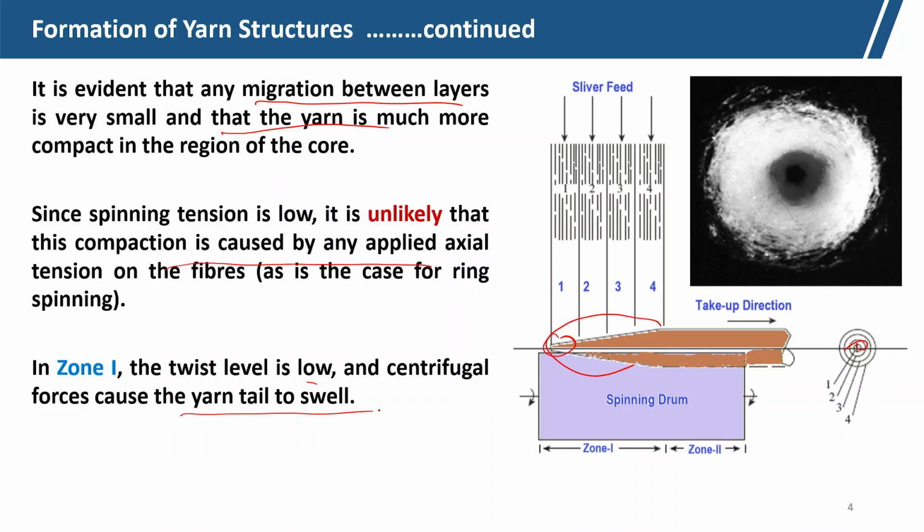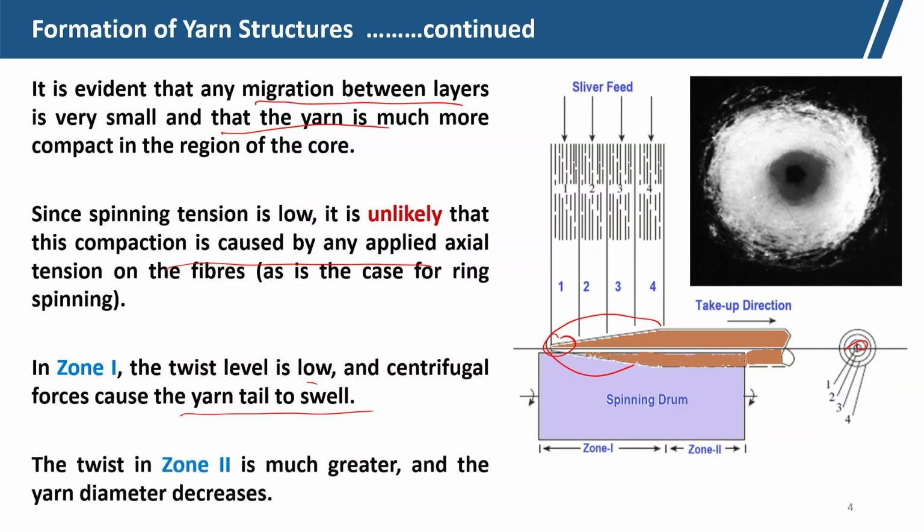So, there is a centrifugal force, and the twist in zone 2 is much greater. Here the actual twisting will be there, because in zone 1 the twist is less, and in zone 2 it is much greater and the diameter decreases in this zone due to the high twist, okay. And here the twist is less